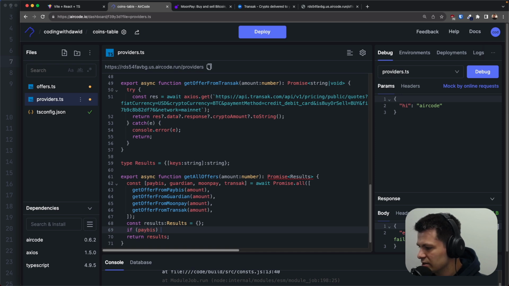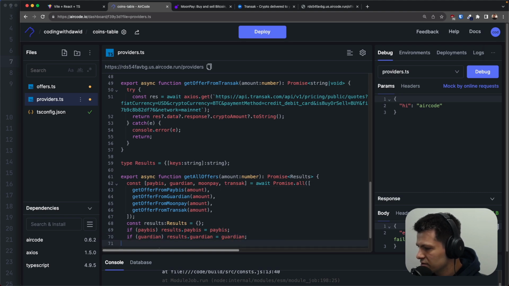It's not void, so that's why I'm doing this if here. Let's do results, and let's do Paybis equals Paybis. Yes. And now we need to do the same thing with all of those four. So let's do now Guardian results Guardian equals Guardian,